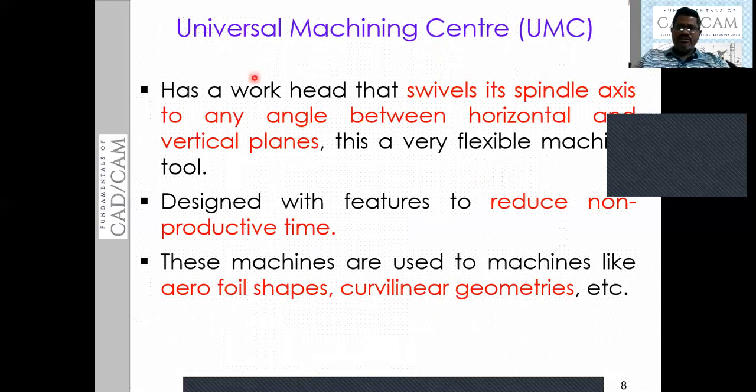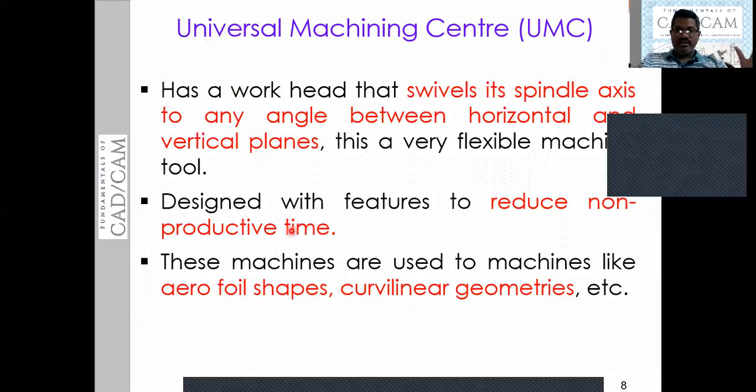Then in the case of the universal machining center, we should be able to rotate the axis to any angle. The tool is flexible to rotate. It can reach any angle. You can twist, you can rotate the spindle. This is the flexibility, so that the tool can reach the maximum positions on the workpiece, in the vertical plane, in the horizontal plane, or else assume that you have an object which has an inclined plane, so the tool can also reach the inclined plane to perform the operation. That is the flexibility of the universal machining center.